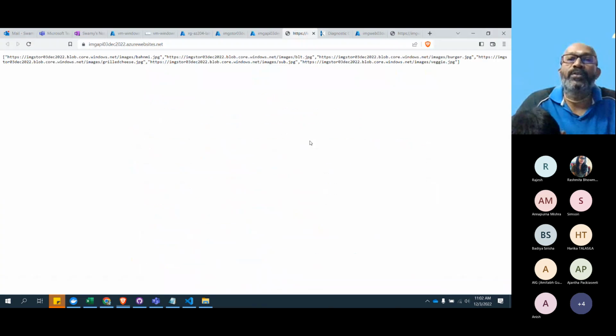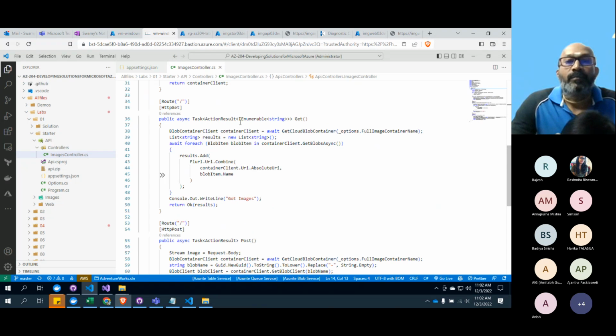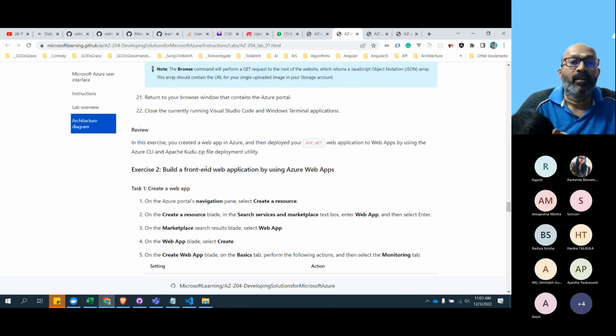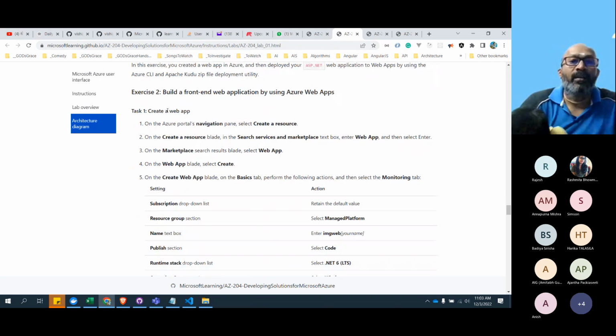We are also able to see the data, whatever the number of images. If you come to the get method, this is what we are doing, where results is a list of string. We are combining the blob images and sending out all the IEnumerable of strings. That's done. So now we need to come to the front end web app.